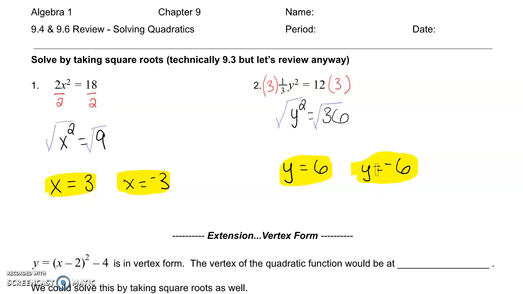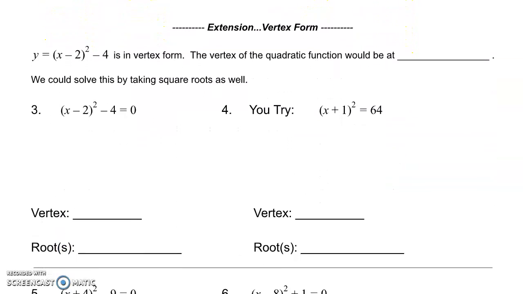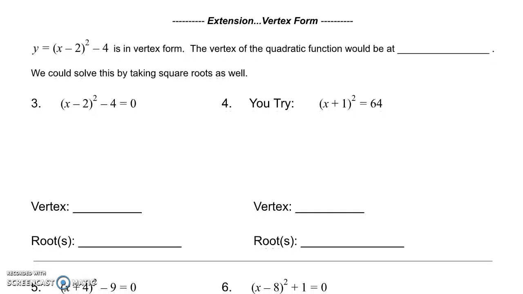The extension I want to look at today is all about what we call vertex form. When we're talking about the vertex form of a quadratic function, we talked earlier about standard form. Standard form is ax squared plus bx plus c, and if I wanted to find the vertex of that, I'd have to do the opposite of b divided by 2a to get the x coordinate, substitute back in and get the y coordinate. However, if our function was in what we call vertex form,